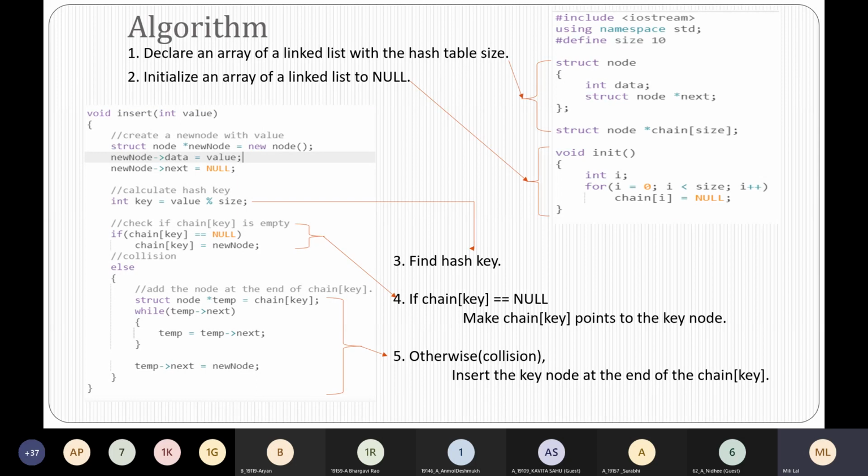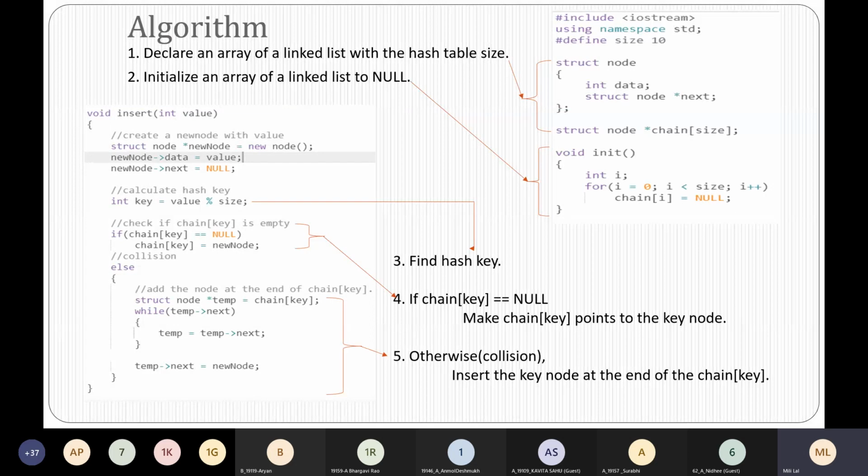So the pointer type should be the type of the node. Since the node type is struct node, the pointer type is also given as struct node. So those are the two contents of the structure. That tells you the creation of a node; you have declared a node for the linked list.